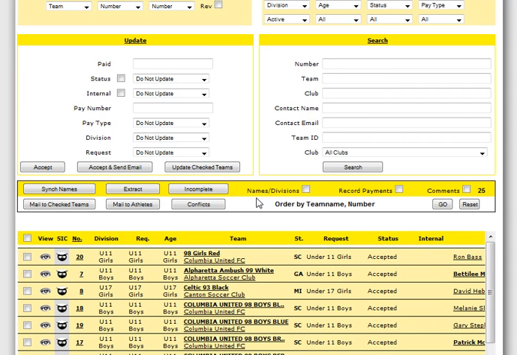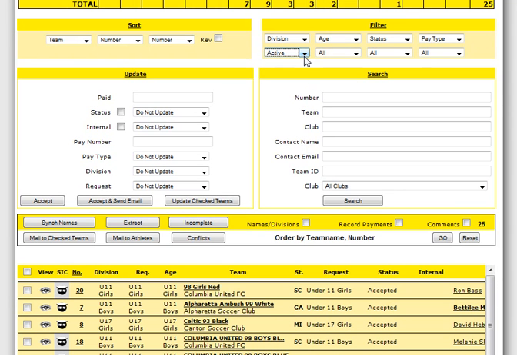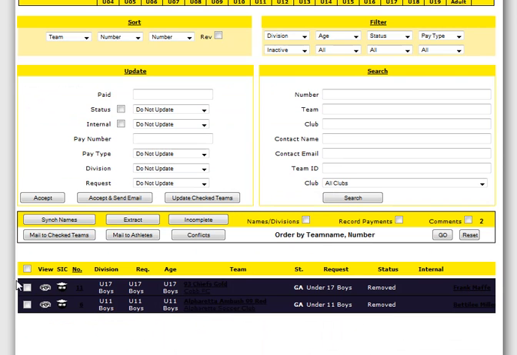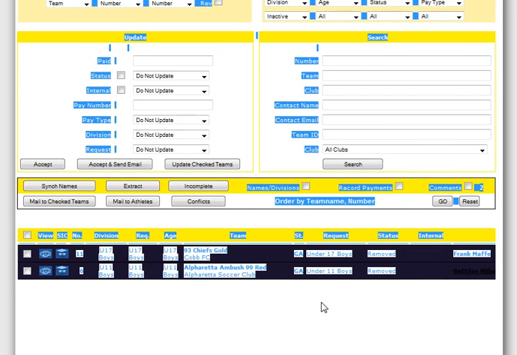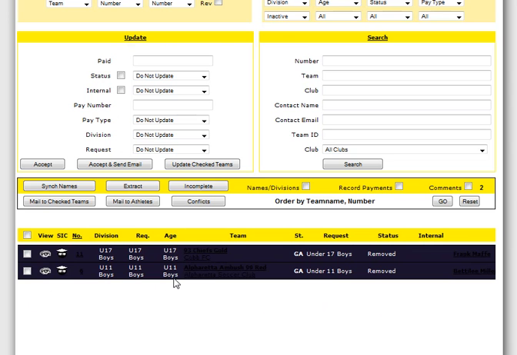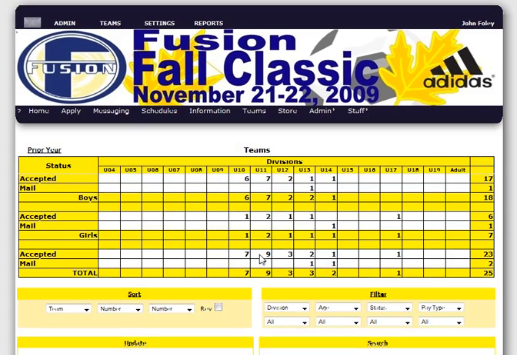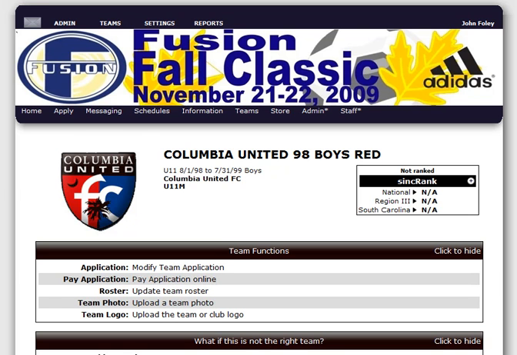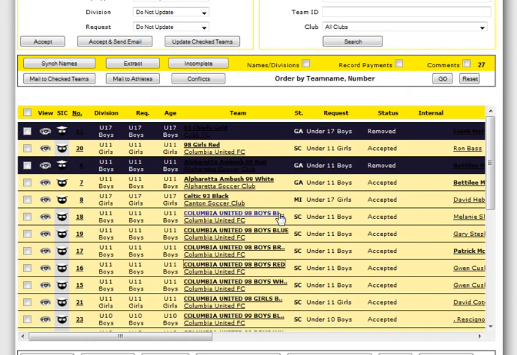If I want to bring them back, or if I want to see those teams, up here in my filter panel I can say show me all of the inactive teams, and when I click go, then I'll see just those 2 teams here. We have them in a color that's difficult to see, but here are those 2 teams. And if I click all instead of active, which is the default, and say go, then they will be, oh sorry, I clicked into another screen I didn't want to, but they will appear along with